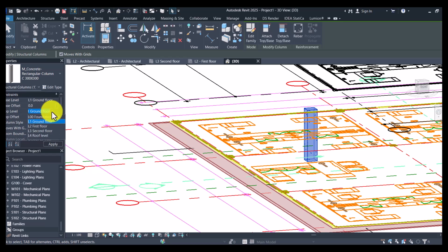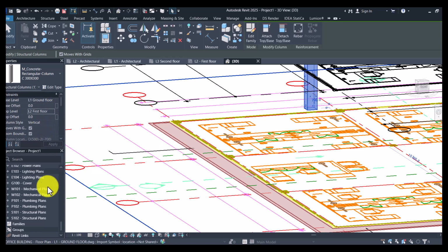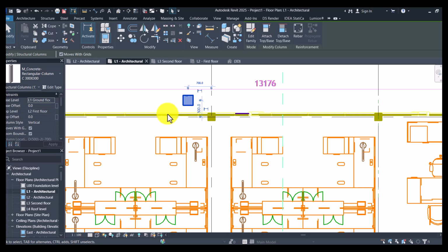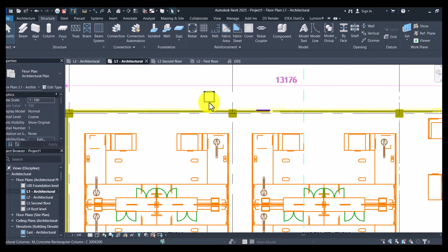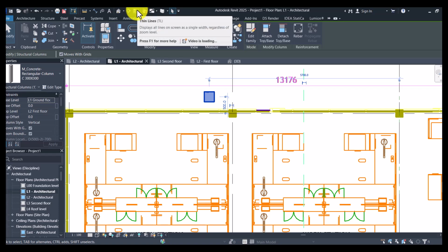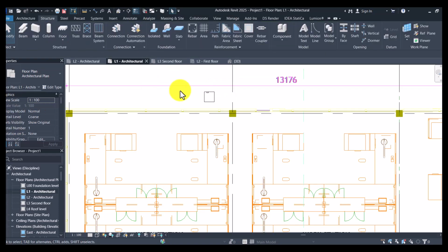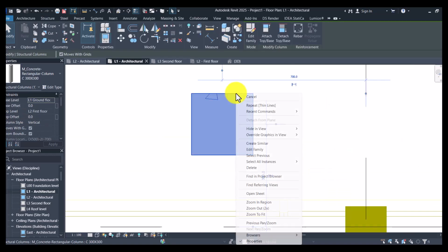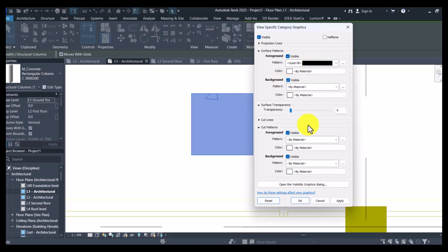So I'll go back to my L1 architecture. So here now I'm able to see the column. I'll first change this to thin lines for proper visibility. But later on during detailing, I'll need to change it back to thick lines. So I'll click on this column, right click and say override by category, surface cut patterns and cut patterns are all a solid fill. So I'll click on copy, select the center,